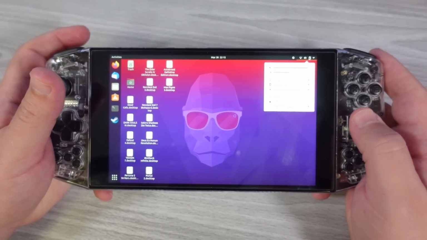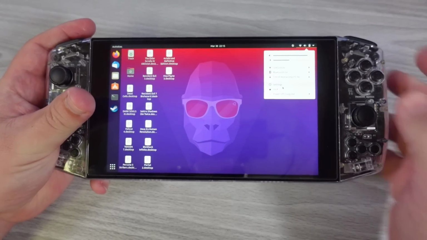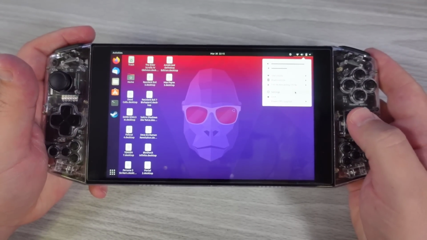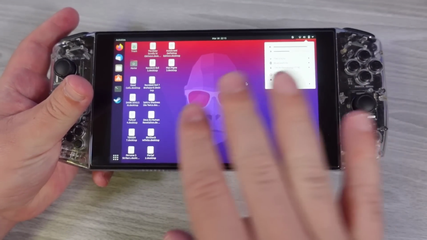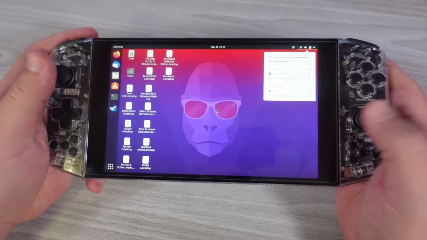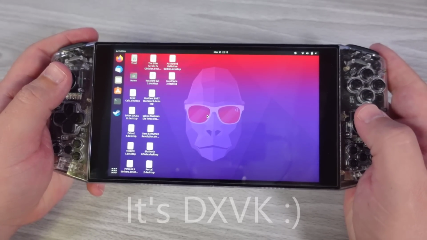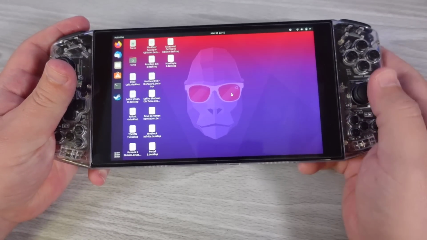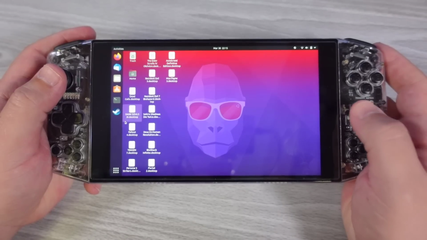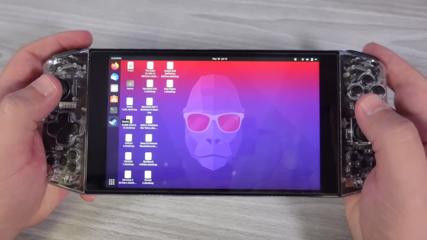I've already tested some TDP stuff in a kind of roundabout way. So you can see that I'm at 72% battery life here. I ran a game for an hour that I knew what it consumed on the Windows side, and for what it's worth, even though there is that wrapper layer with DXVK, it's a DirectX to Vulkan wrapper, there really isn't any particular change, but there are some games that have better